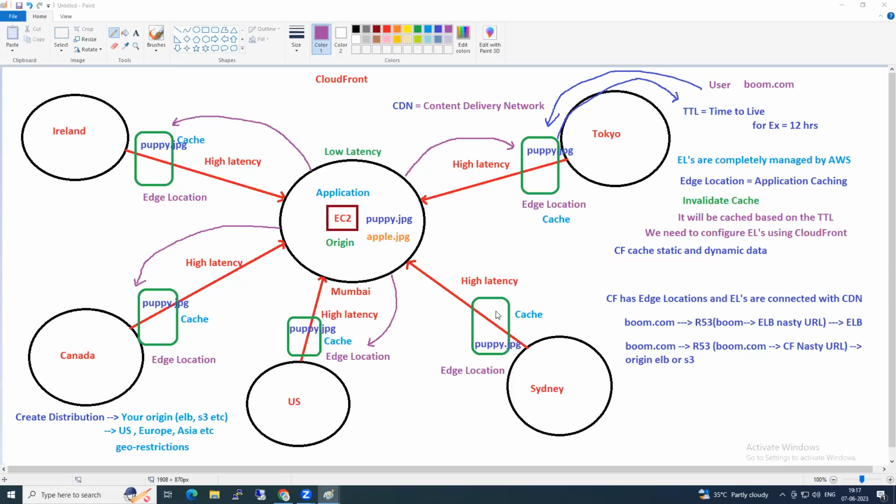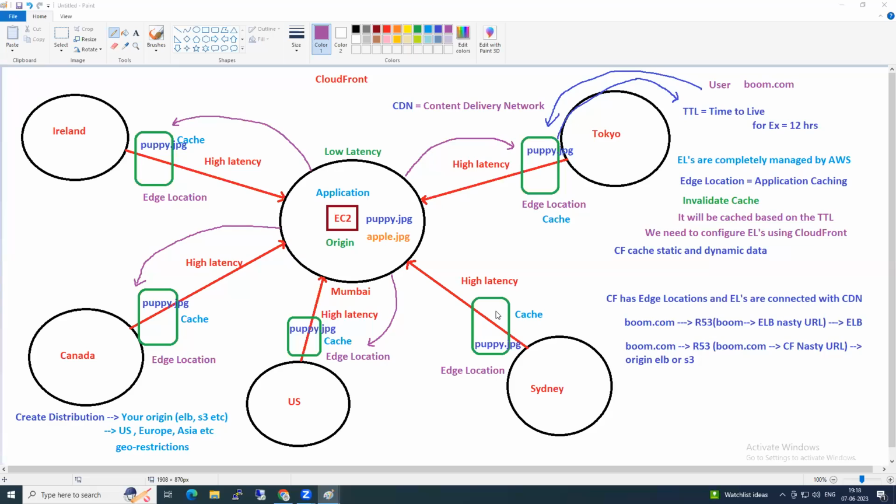Is it clear? Any questions? So simply remember, I understand this is a little bit complicated, but remember, static means the content will not change, and dynamic means it has a database in the backend where the content changes all the time.